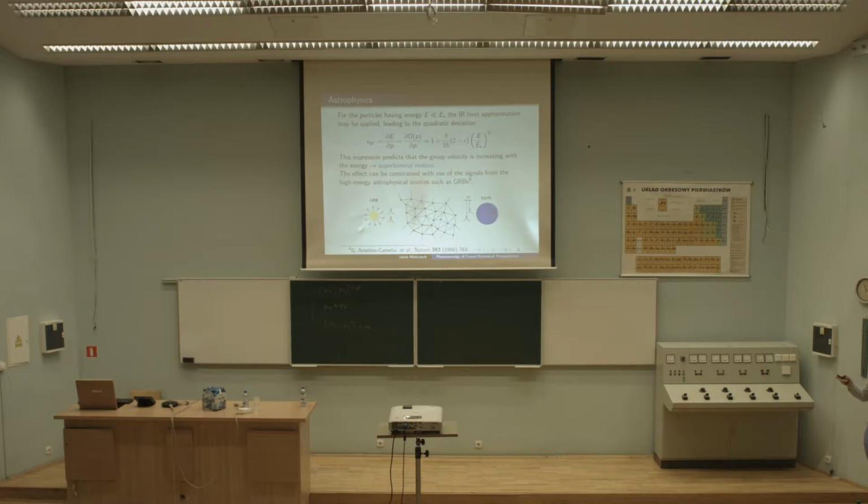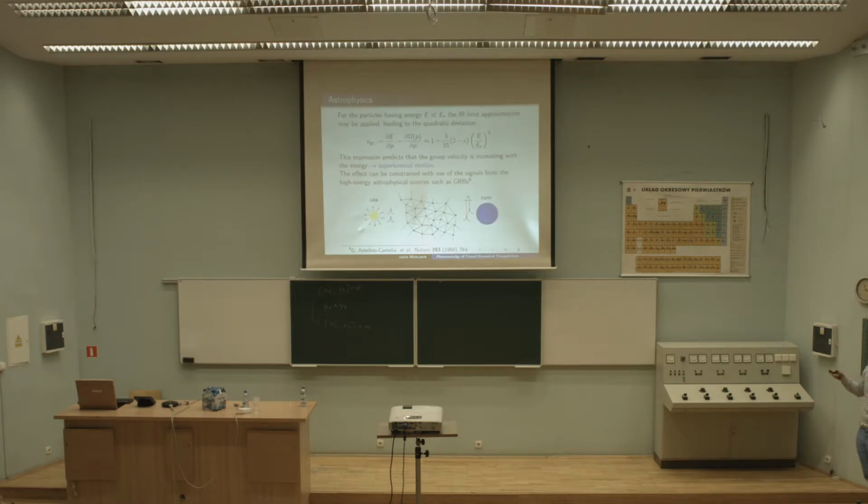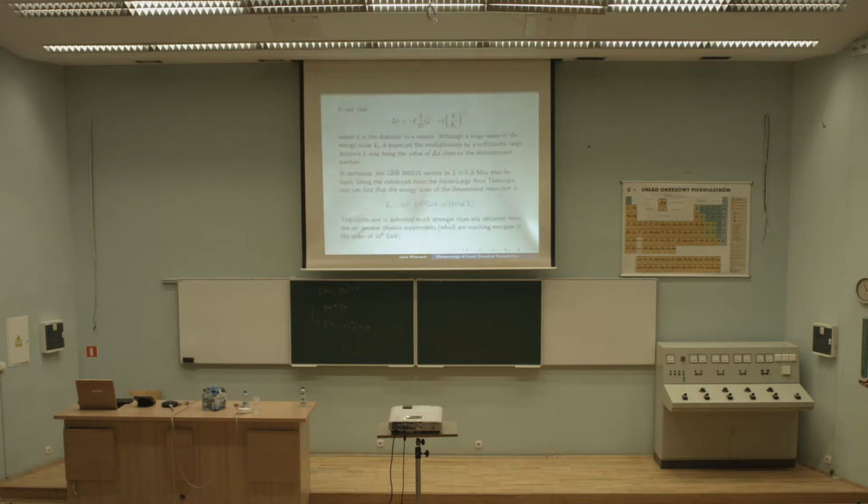We can study the group velocity and see how propagation of the high energy particles is affected by this effect. You can study this, but here, because the effect is predicted to be a quadratic one, the energy dependence is quite weak, and therefore the constraints on the energy scales of the dimensional reductions are not very strong. Anyway, using astronomical observations, you can put a lower constraint on the value of E star, which is